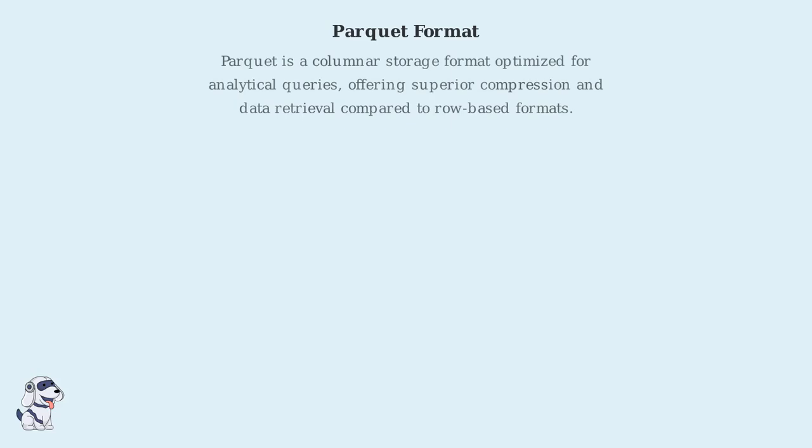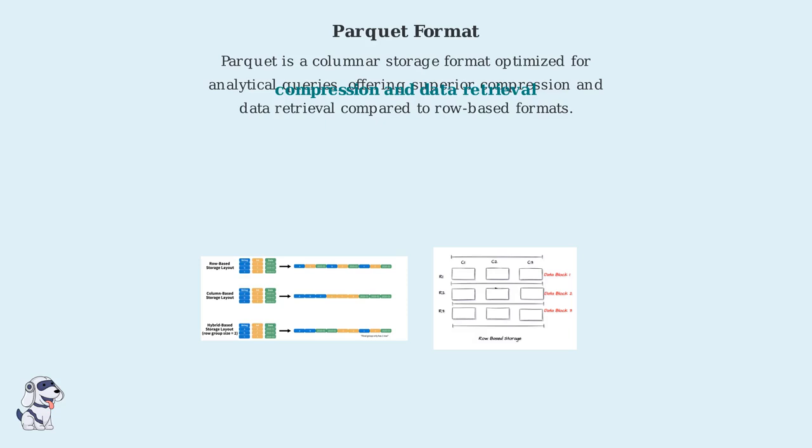Parquet is a columnar storage format specifically designed for analytical queries. It stores data by columns rather than rows, which enables better compression and faster data retrieval. Unlike row-based storage, where data is stored contiguously by rows, columnar formats like Parquet organize data by columns, improving efficiency